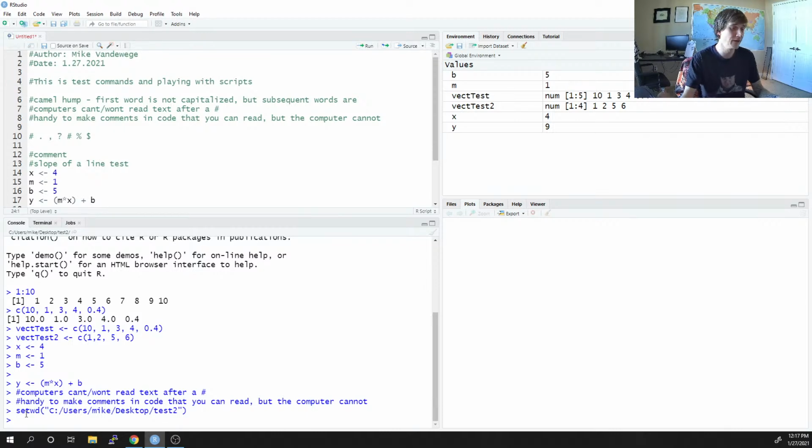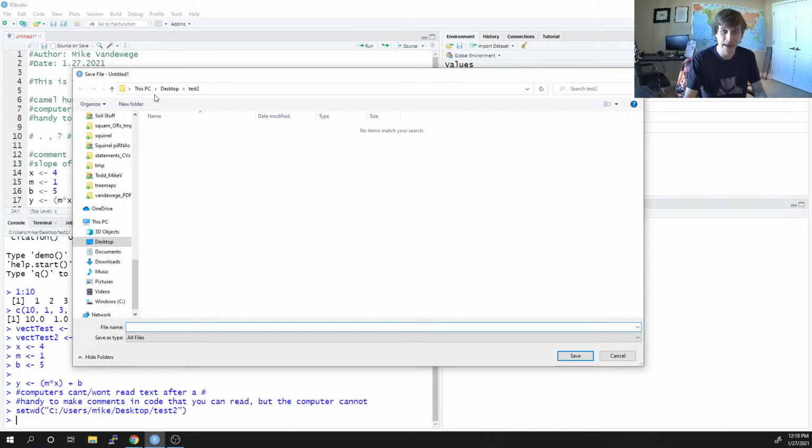Whenever I do this, it's just going to run R code that specifically says make a new directory at this location. So in users, my desktop, test2, right? And now I can save my script to this test2 directory. So I'm going to save this as just an R script. Inherently it just opens up this test2 directory. So I'm just going to save this as, playing